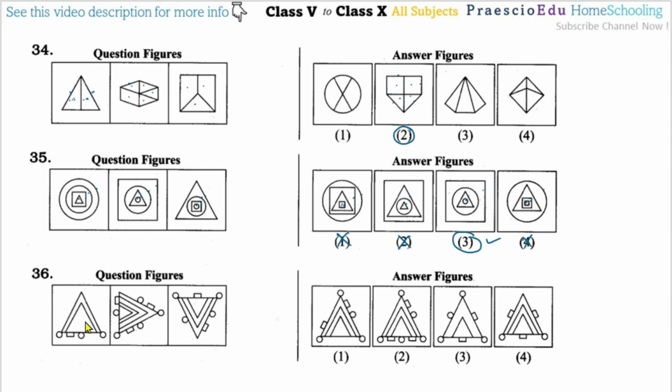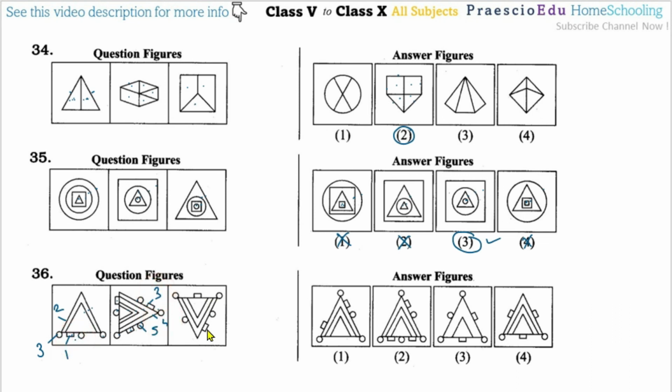Then question number 36. So here the number of triangles is less by one than the number of circles, and the number of rectangles is 1. So this one quantity, the triangles having 2 quantity and circles having 3 quantity. Means suppose one quantity of the rectangle, there is an addition of 1, means 2 quantity in the triangle. So same here also. Now here this rectangle having 3 quantity, circle having 1, 2, 3, 4 and 5 in quantity, and the triangles having 1, 2, 3 and 4 in quantity. Means this is the same criteria.